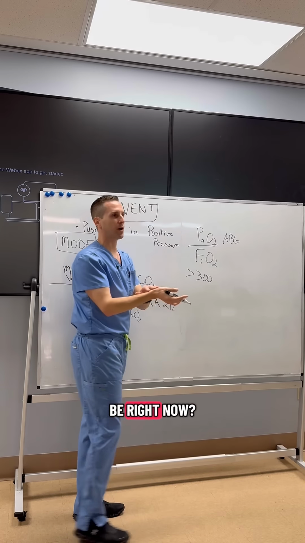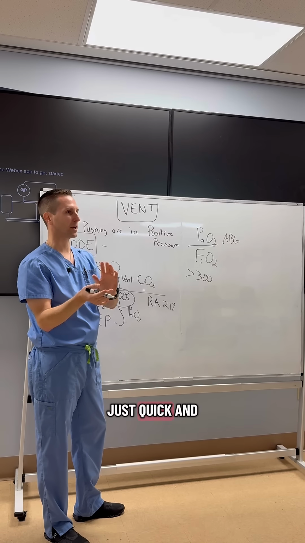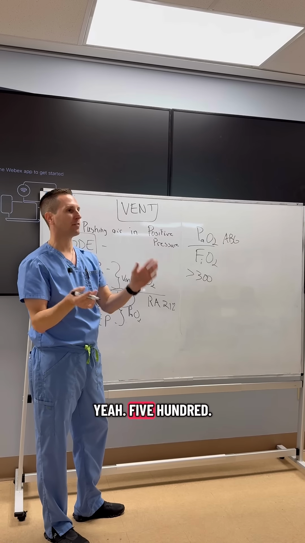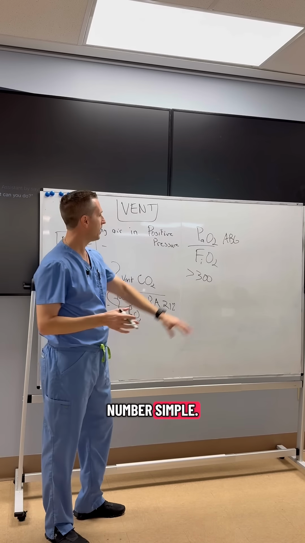What would yours be right now, for example, if I drew a blood gas on you right now? Just quick and dirty. Maybe like 400. Yeah, 500. So maybe your PaO2 is 100, keep the number simple, and you're breathing